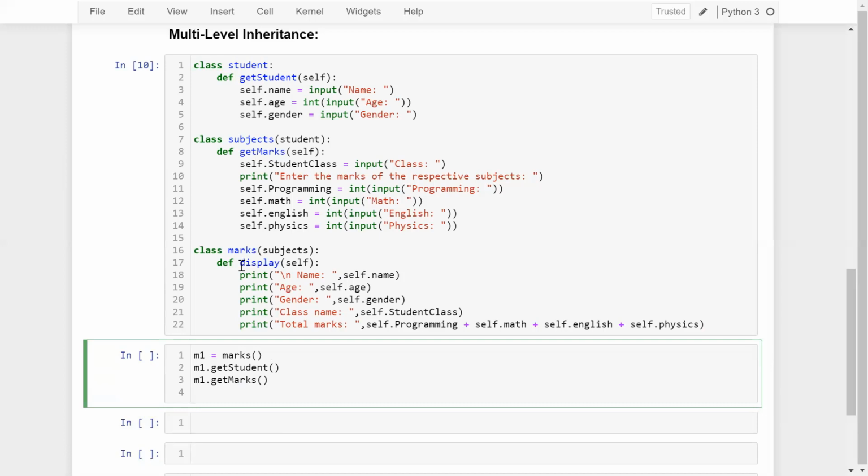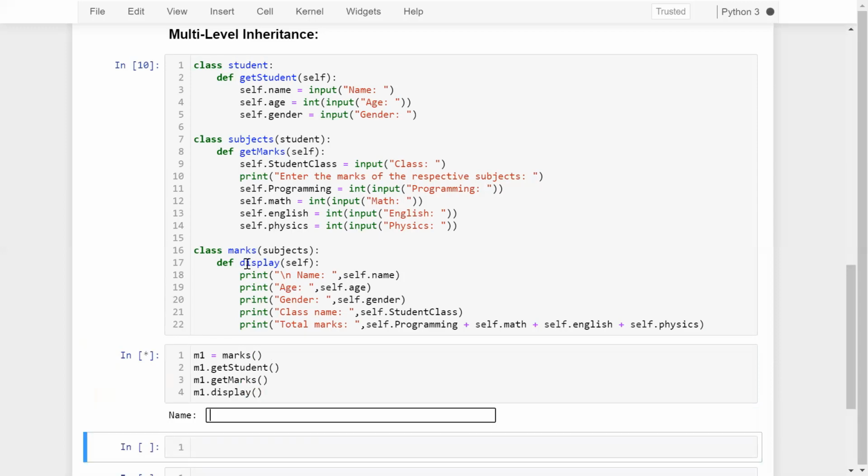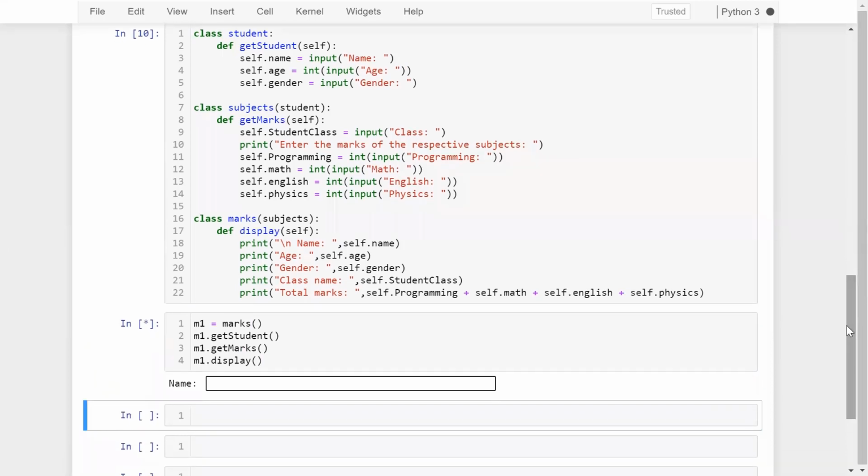And I want to display the marks. So simple, this is the instance method of your child class. So m1 dot display. Now you can see that. So first of all, you need to provide some of the information. Let's say I want to provide the name, which is Daniel.